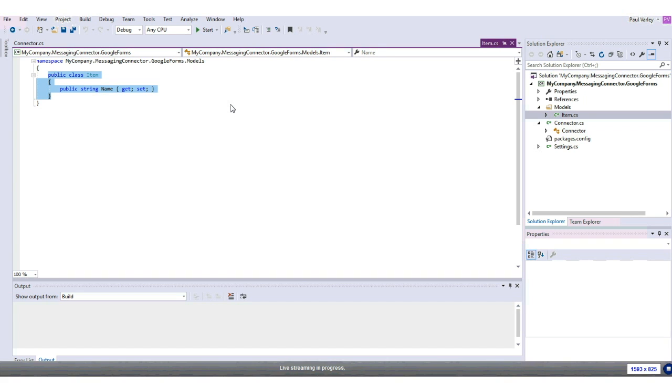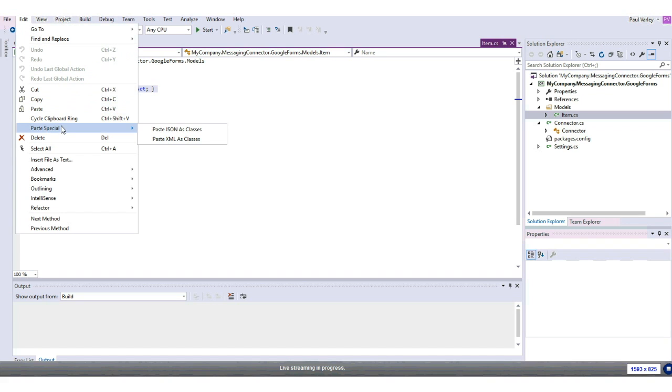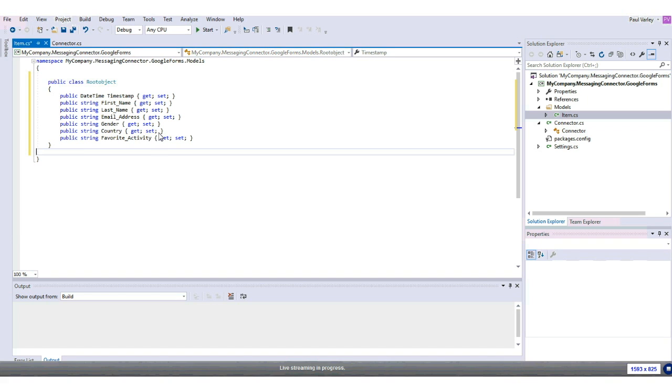And then I'm going to go up to the Edit menu, and I'm going to use this Paste Special option where it says Paste JSON as classes. So remember that I have the example JSON in my copy buffer that I got from the request bin. So now when I tell Visual Studio to paste the JSON as classes, it's going to translate that example into something specific. And I did go through this once before, and I do know that there's one thing that doesn't quite come through